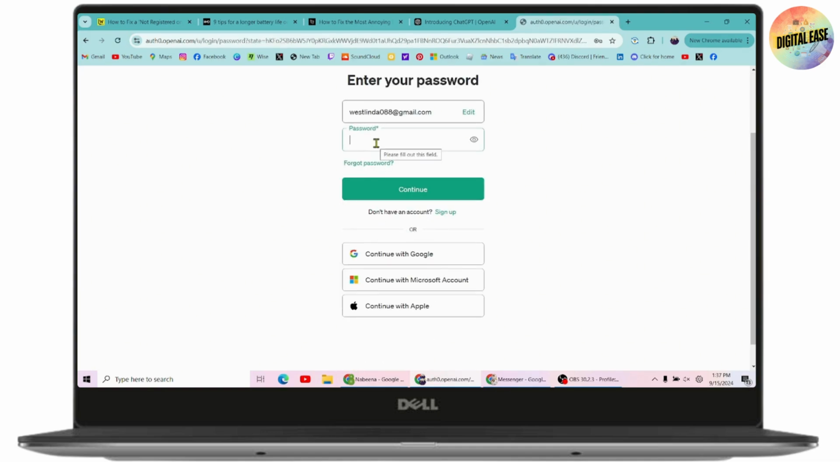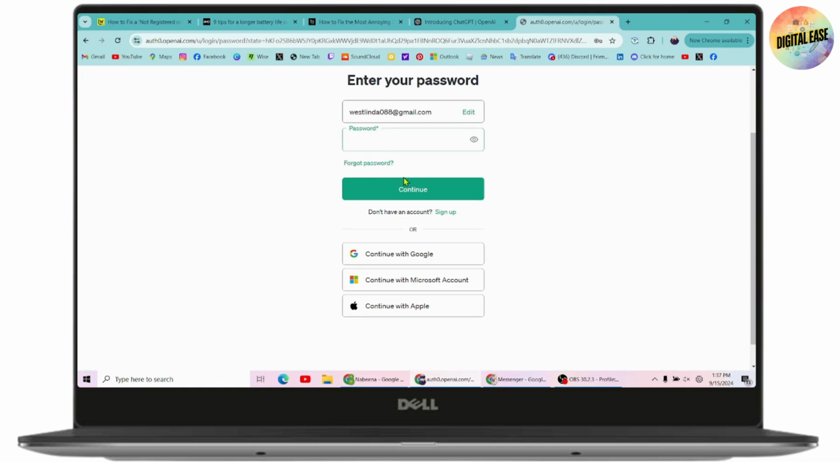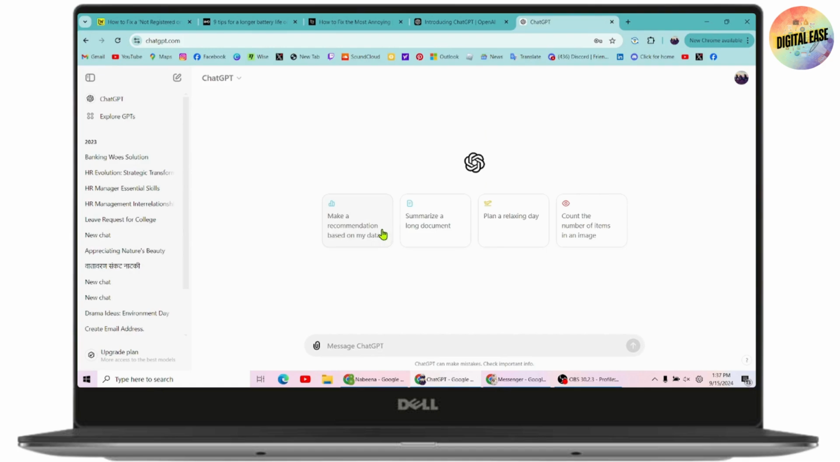If you don't remember your password, then go with forgot password, and you will receive a code to the email address, and after entering that code, you'll be able to reset or recover your password. But if you remember your password, simply enter the password and click on continue. And that's it. Once you click on continue, you will be able to log in or sign into your